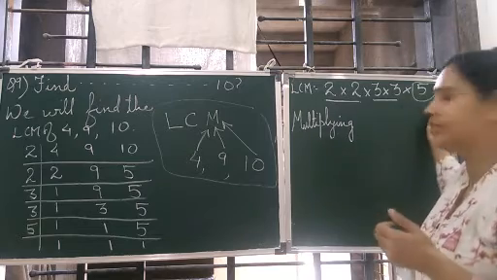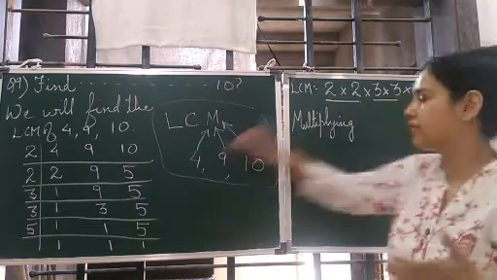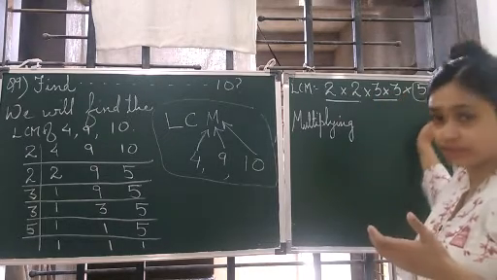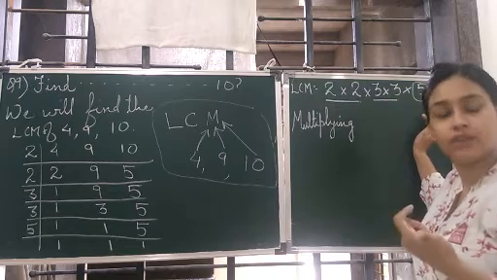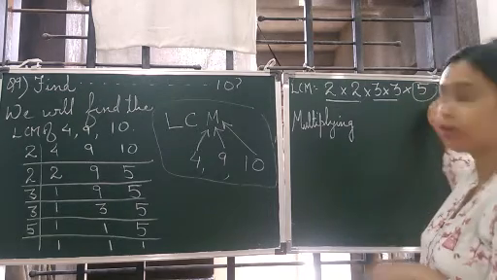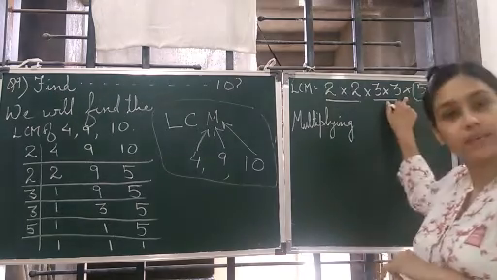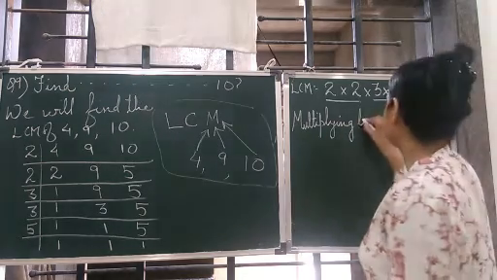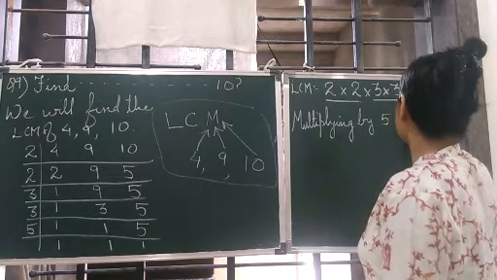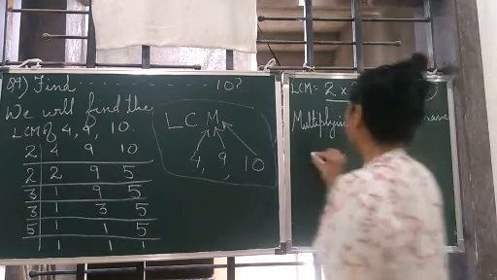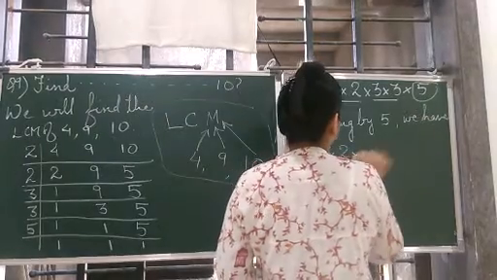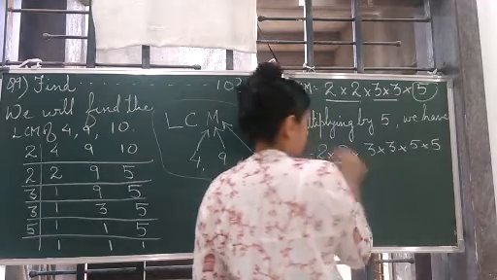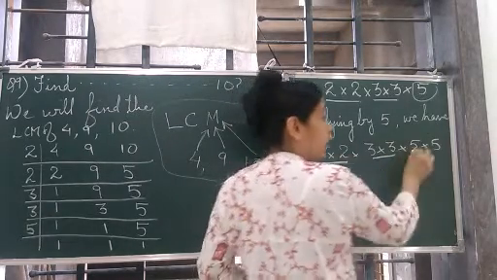Correct. So when we write the LCM, we see that these two numbers are having pairs, but 5 is not having a pair. So we need to give it a pair. For that, we need to include one more 5. Now, you can see this is a multiplication sign. That is why we are multiplying by 5. Multiplying by 5, we have 2 into 2 into 3 into 3 into 5 into 5. This is a pair. This is a pair. Now this is also a pair.